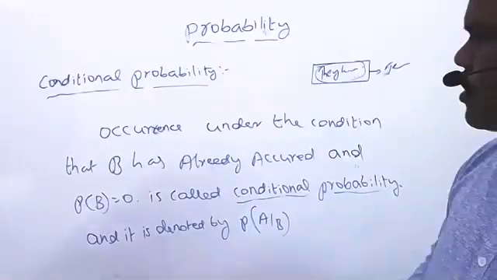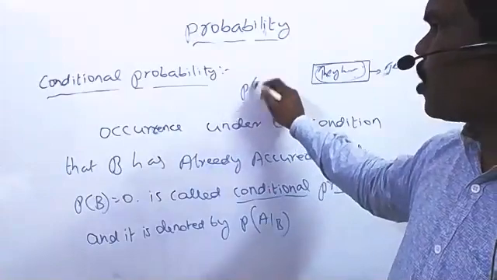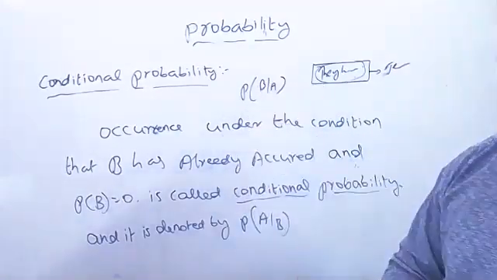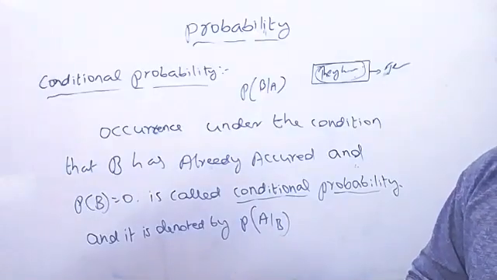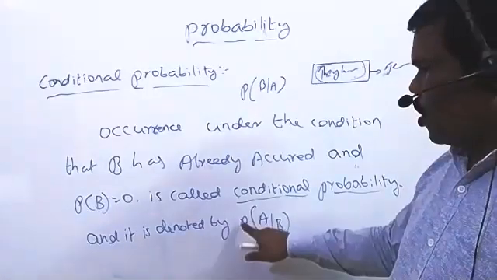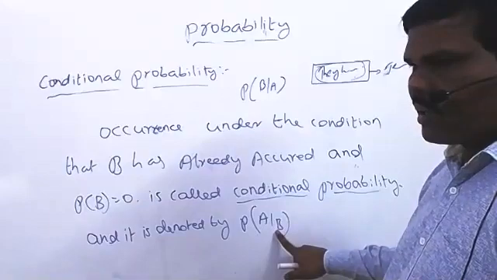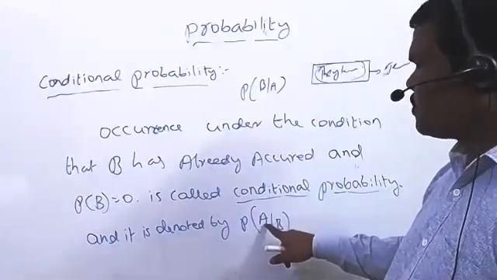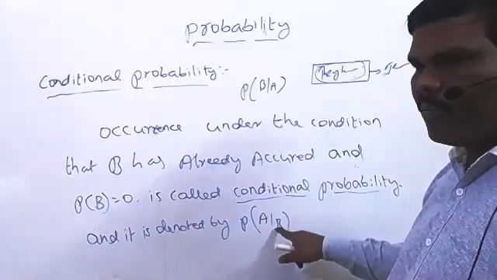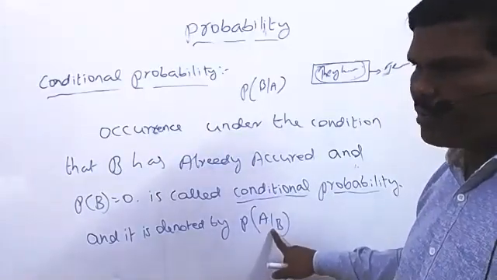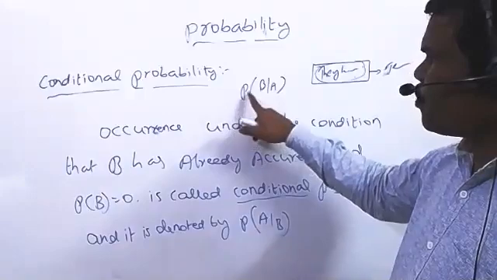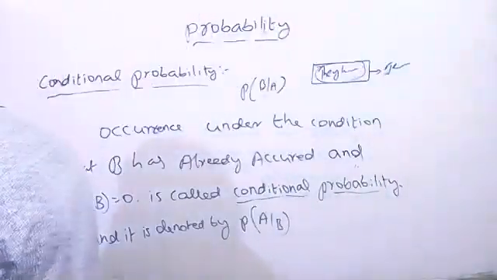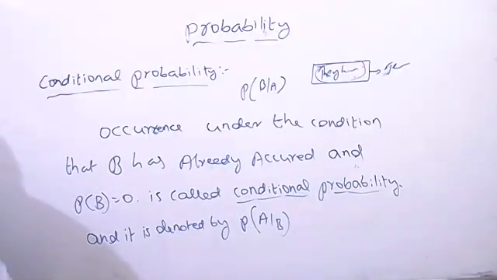In the same way, if we take the conditional probability of B by A, what can you say here? Probability of A by B means before occurrence of A, under this A, B has already occurred, that is the condition. The same way, if you take probability of B by A, how can you say it here? Anyone, please respond.